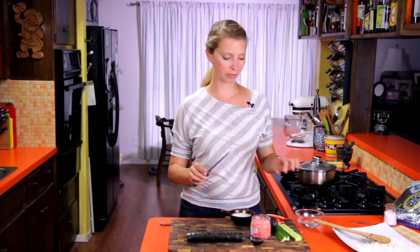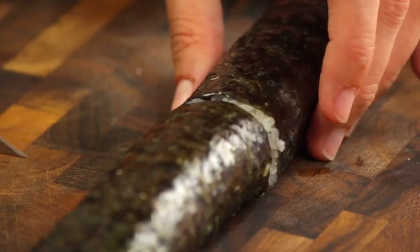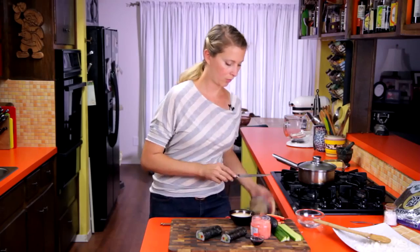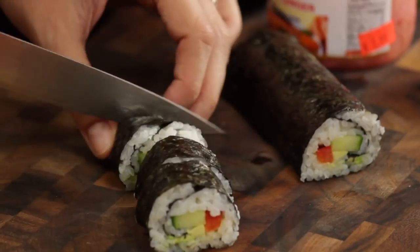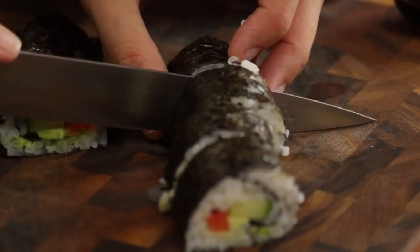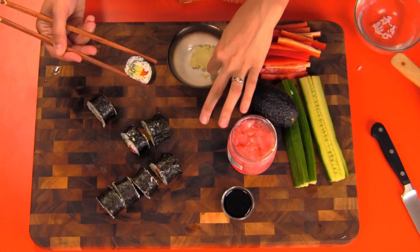Okay, so you got a sharp little knife. Blade's a little bit wet, that'll keep it from sticking. Cut it in half first, like that. Pretty. You can kind of wipe the blade off in between, and then we'll do half again. The goal is to get 8 equal pieces. Okay, there we go. All right, and then I've got some wasabi paste here, which I just mixed up from